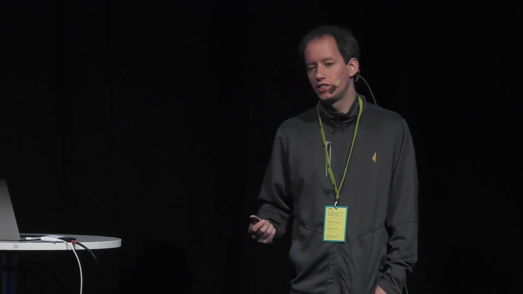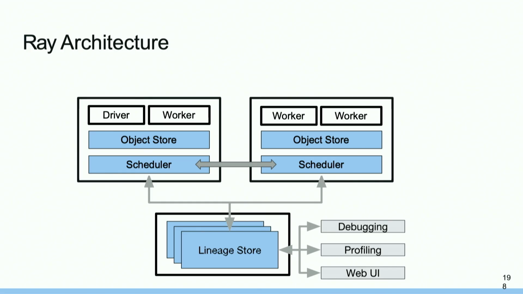It also makes it very easy to build tools for the system. So in distributed systems, it's typically very hard to do things like debugging or profiling and things like that. And the control store has all information about what is being executed in the cluster. And so we have a web UI that can inspect these things, and you can easily log what is going on, which kind of computations are being done.